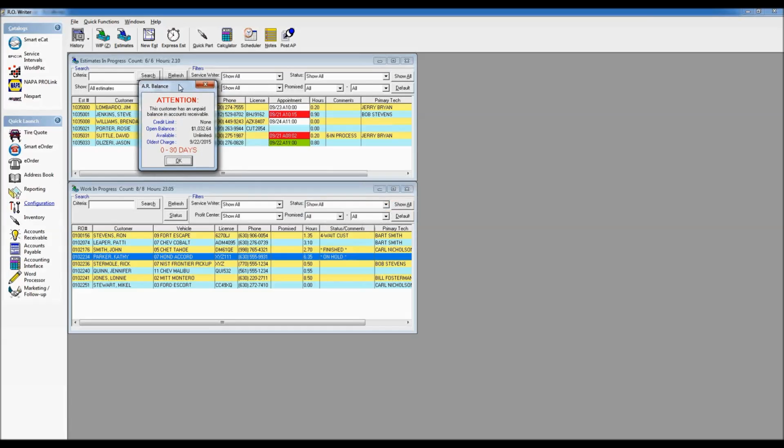So as the customer comes back in for additional services, it says, this customer has an unpaid balance in accounts receivable. The credit limit is none. The open balance is $1032.64. Available credit, unlimited. That kind of scares me a bit. And then the oldest charge is just within that 0 to 30-day range because we did just finalize that transaction